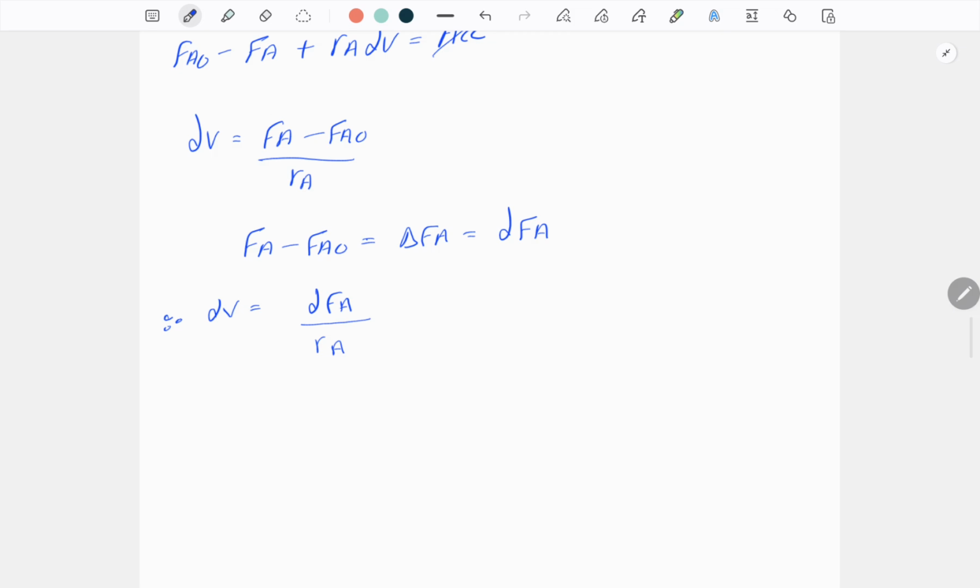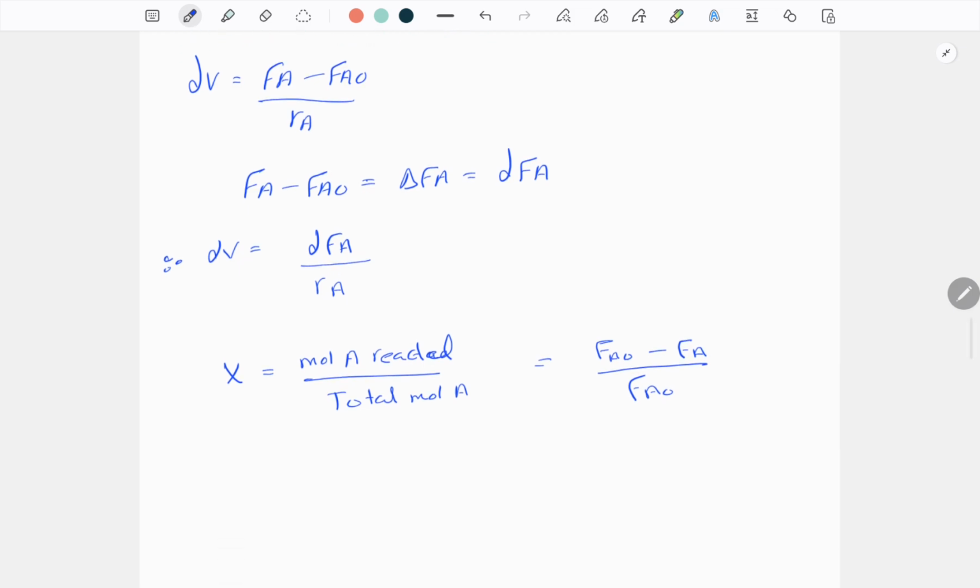Now, using the conversion law, which states that X, the conversion, equals the moles of A reacted over total moles of A, which equals FA naught, the initial amount of moles, minus how many moles are leaving the system, over FA naught. Solving for FA, we'll cross multiply: FA naught X equals FA naught minus FA. Therefore FA equals